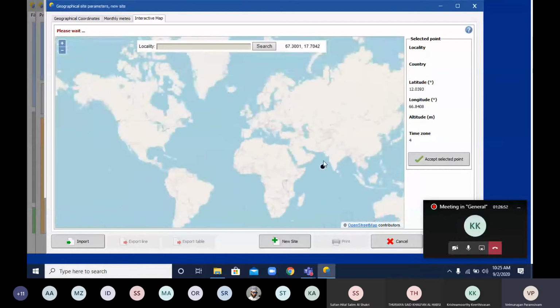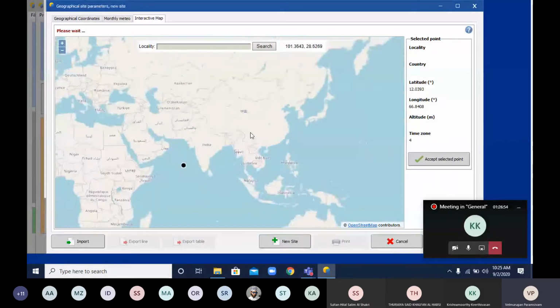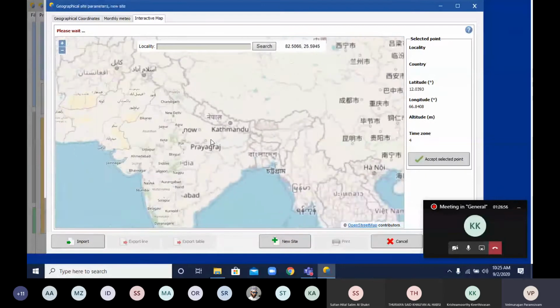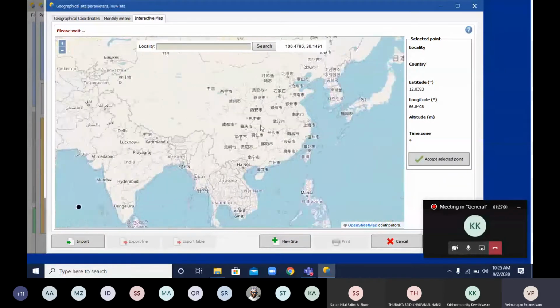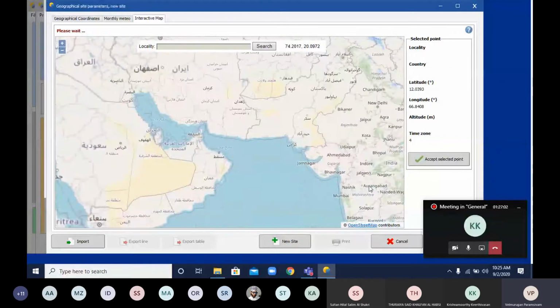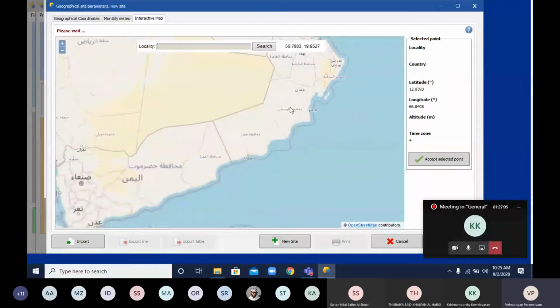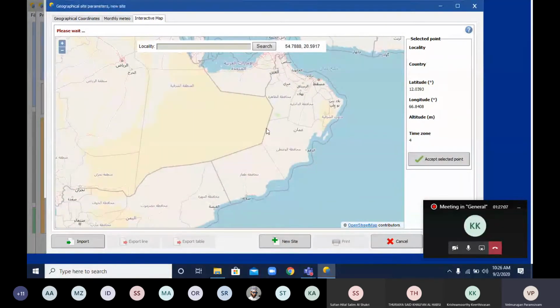Okay, you see the map, based on the language, each and every place will be changed. So now we go to Oman, a particular place. You can choose any one particular place. If you choose, the entire place will be shown.